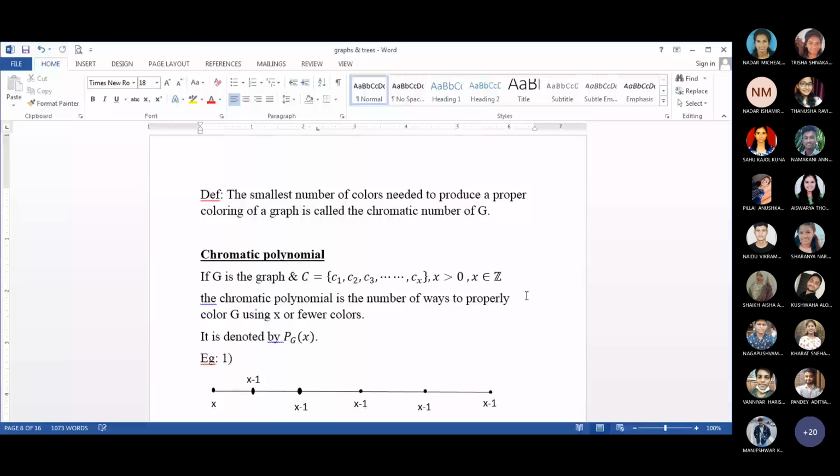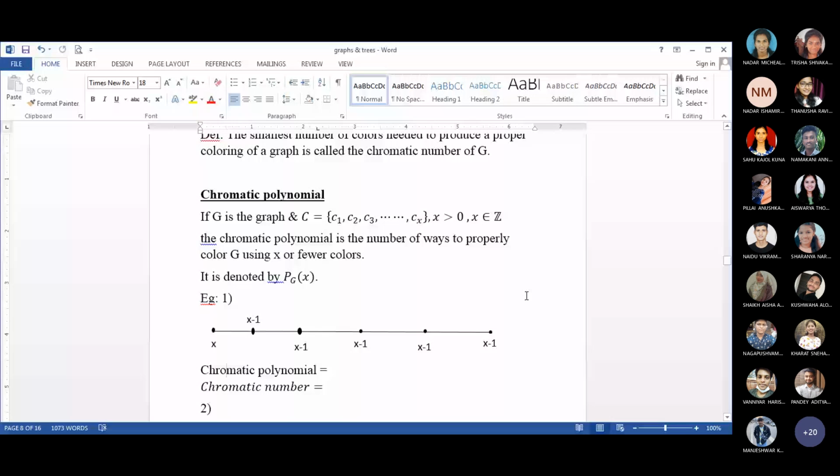First example, we have a graph with 6 vertices. We have to find out the chromatic polynomial as well as the chromatic number. So in the diagram, what you are seeing, the first vertex